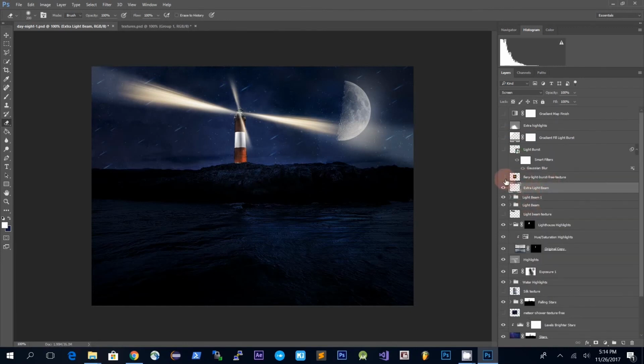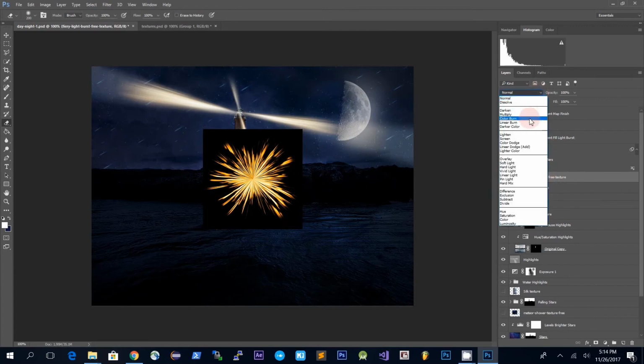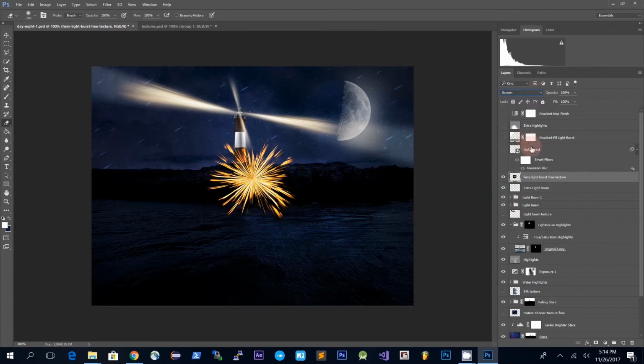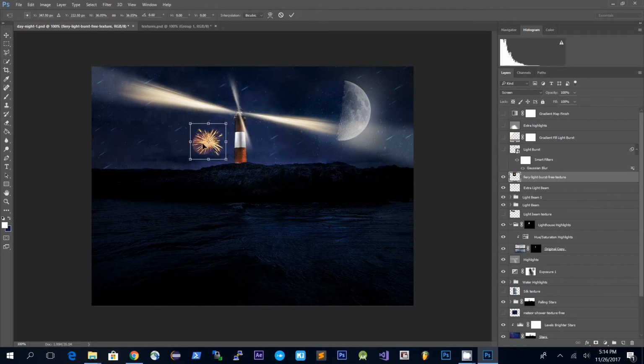So what's next? Next, I just wanted to give a bit more dramatic look to this, so I used this texture in the middle of the lighthouse to add a bit of a flare and light burst. And to do this, I switched the blending mode to screen, and move this in the center of the lighthouse. Click Ctrl T, make it smaller,